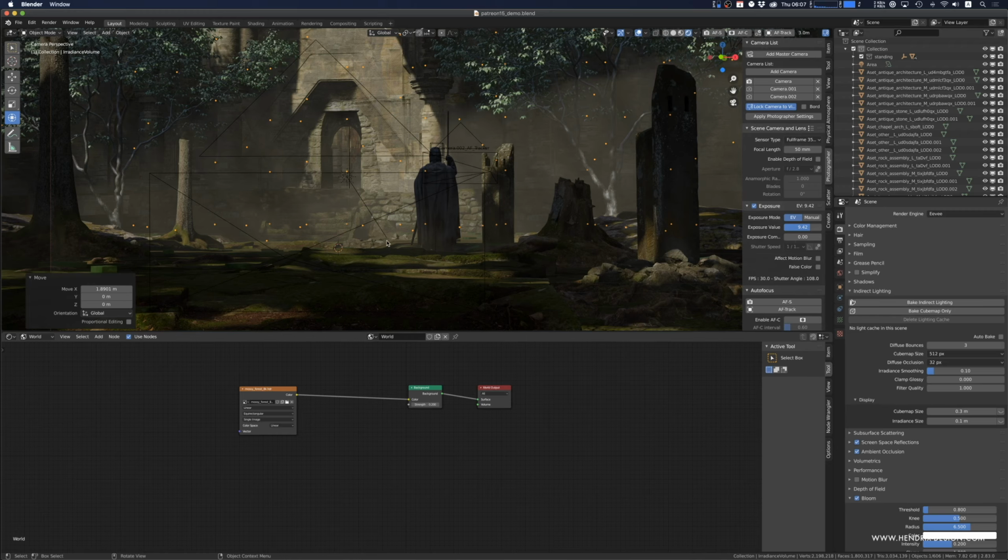So once you start changing things again, once you start changing the light, you have to basically delete your cache and bake it again. If you up the diffuse bounces, you can get better results, but of course it takes longer. So these are all things you can consider doing to increase your quality of your Eevee renders. But I mean, it already looks pretty damn good, and I'd honestly rather have preserved the real-time aspect of it,